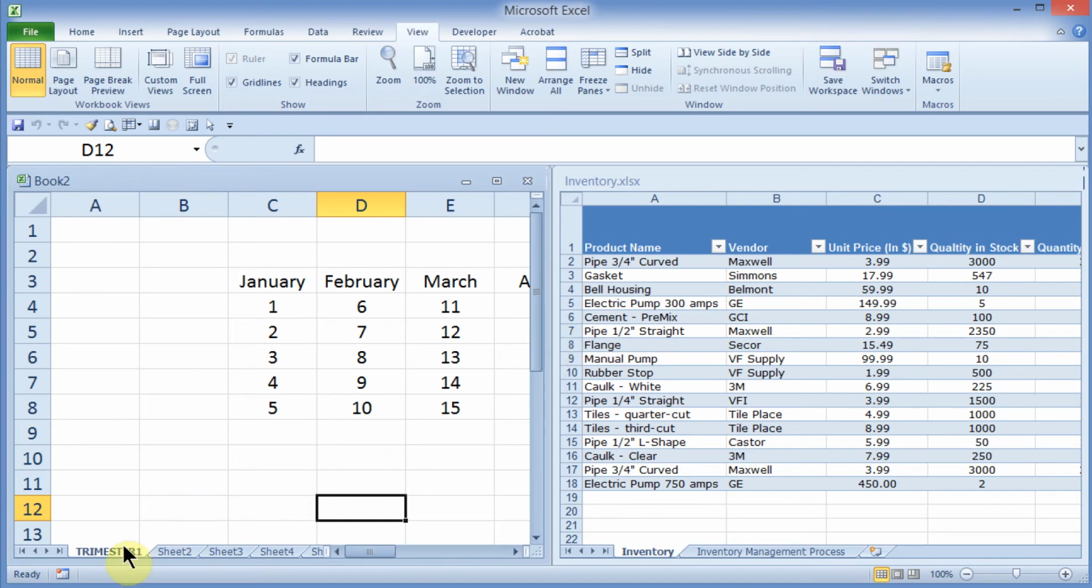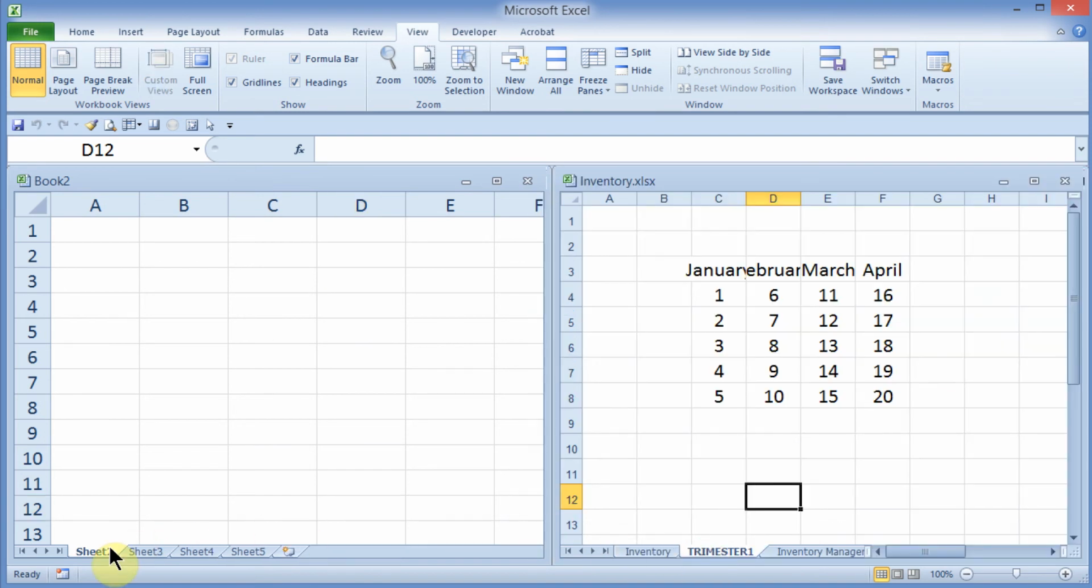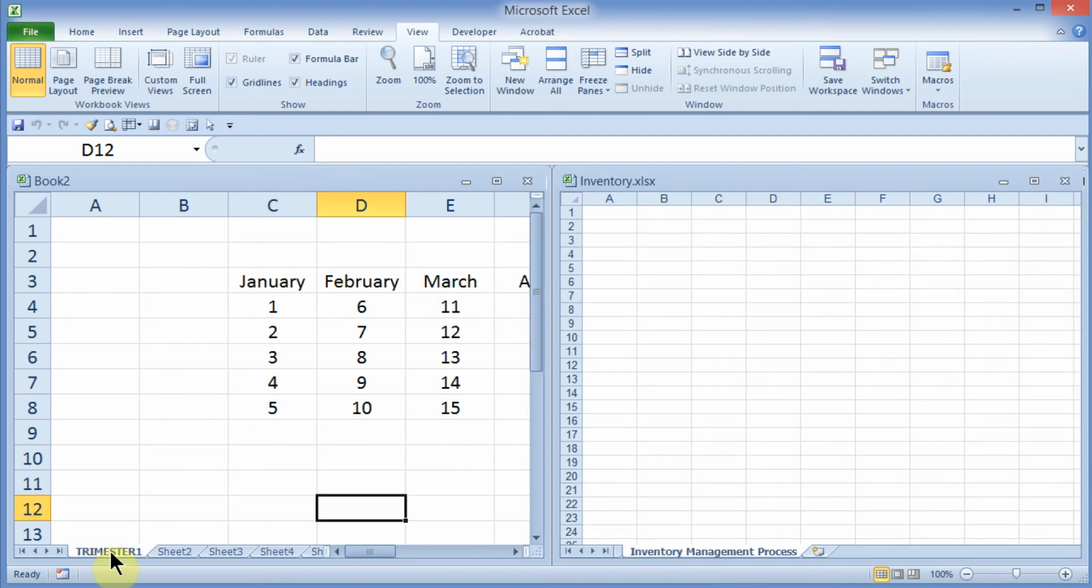Now what I'll do is just grab my worksheet from one workbook, hold down the mouse, drag it to the other workbook, and it moves it from the first workbook to the next workbook. Now, if I want to move that back, I can do so, just by dragging it. If I want to make a copy, just like before, I hold down the Control key, and as I drag it over to the new workbook and let it go,